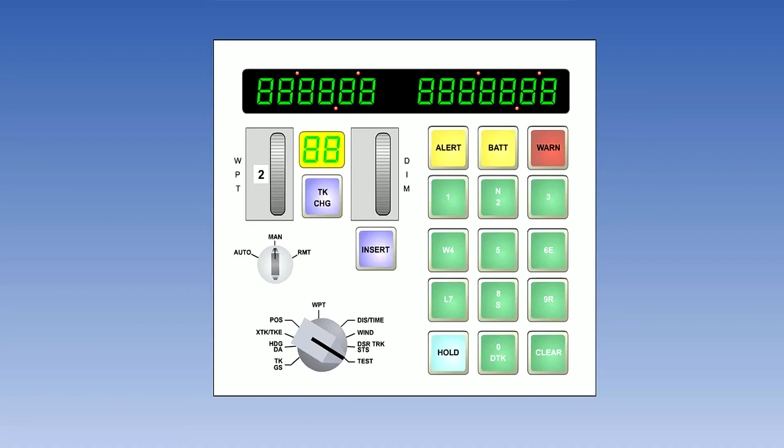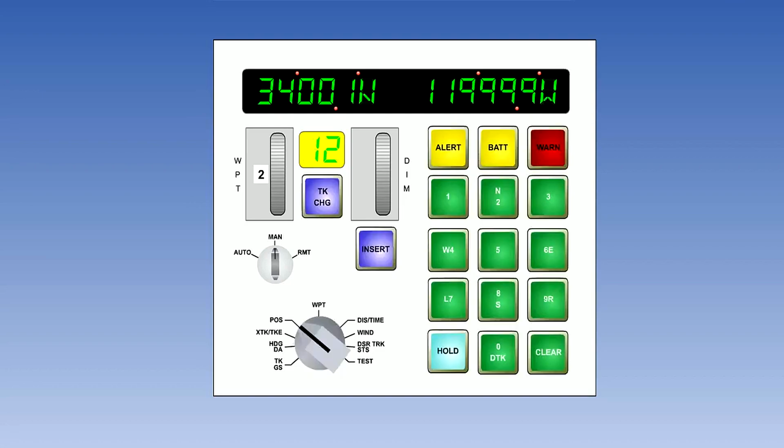Finally, the test function is used for deeper diagnosis by the maintenance personnel and is not normally used by flight crew. Selection of test causes all the lights to light up and puts an 8 in every LED, since 8 is the one number that uses every element of the 7-line display. This can be a useful function if you suspect that an LED in a number display is faulty. For instance, a 7 can appear as a 1 if one LED element has failed.